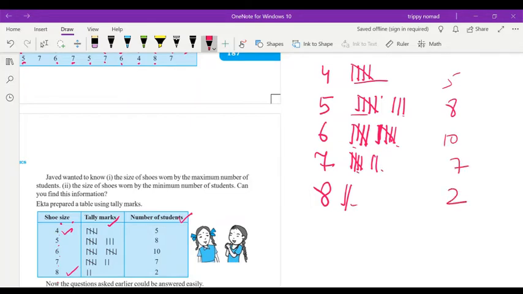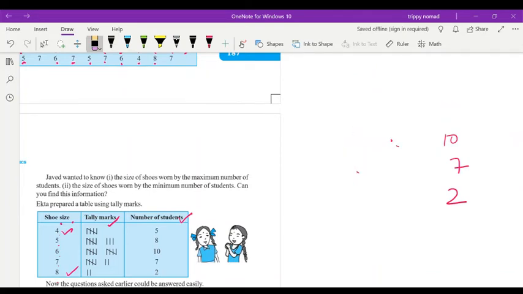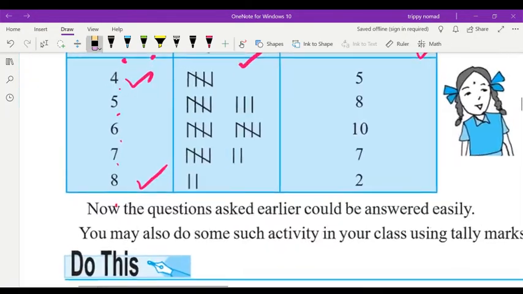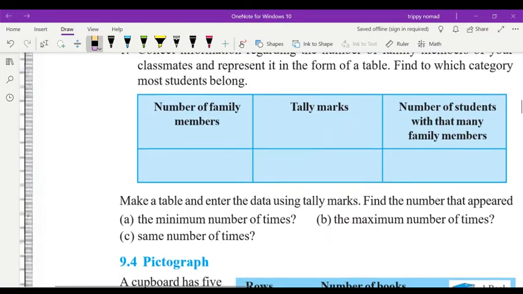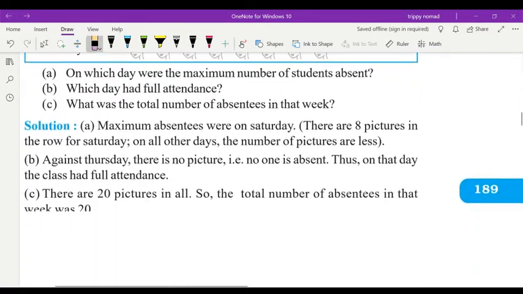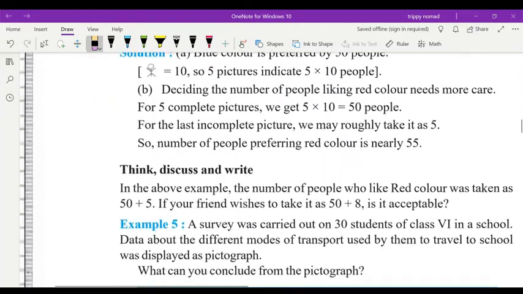This is the chart they have given in front of you, how these tally marks will be done and how this table will be completed. I have shown you, children. So this is the first example, how to solve and how to make this chart. Okay, I have explained to you. So you have to do this type. I'm giving you in homework the first question on the basis of that tally mark in the exercise. Let us see.